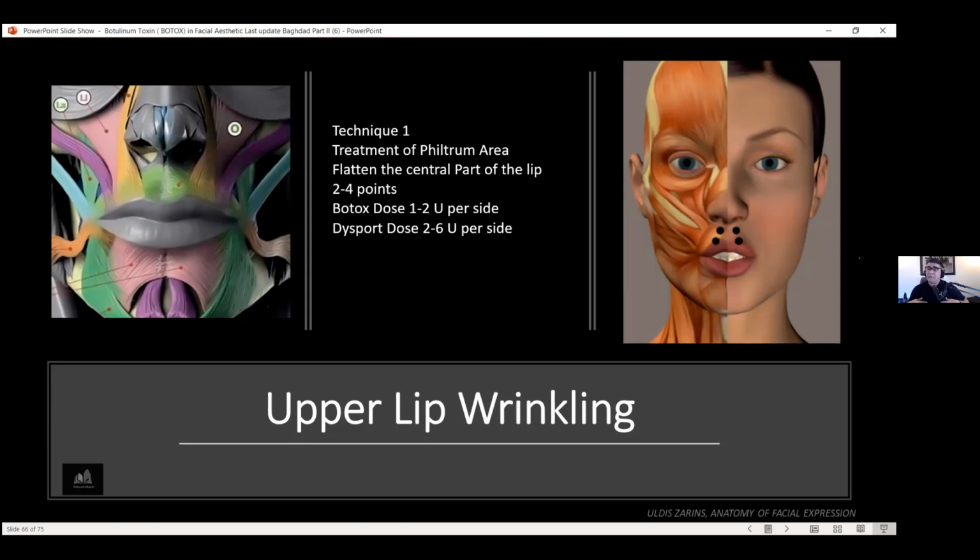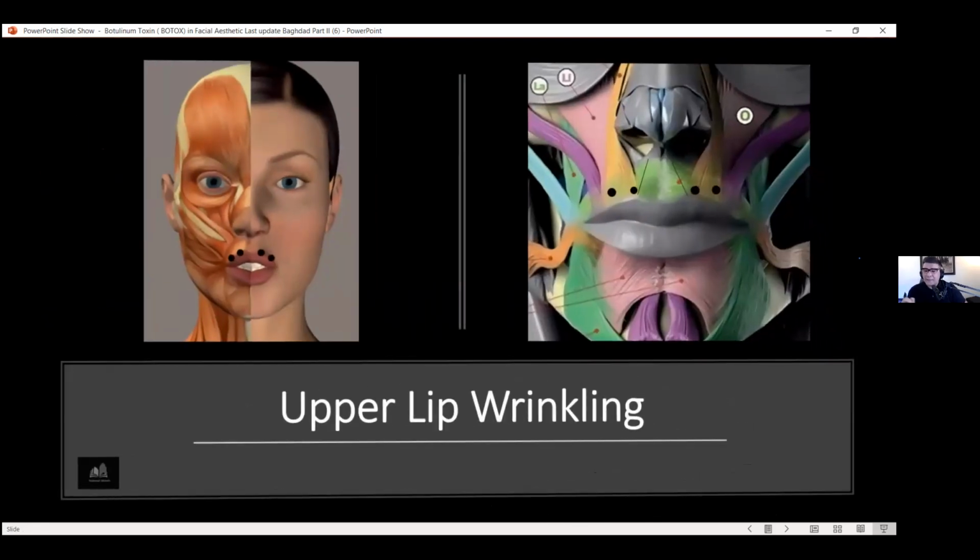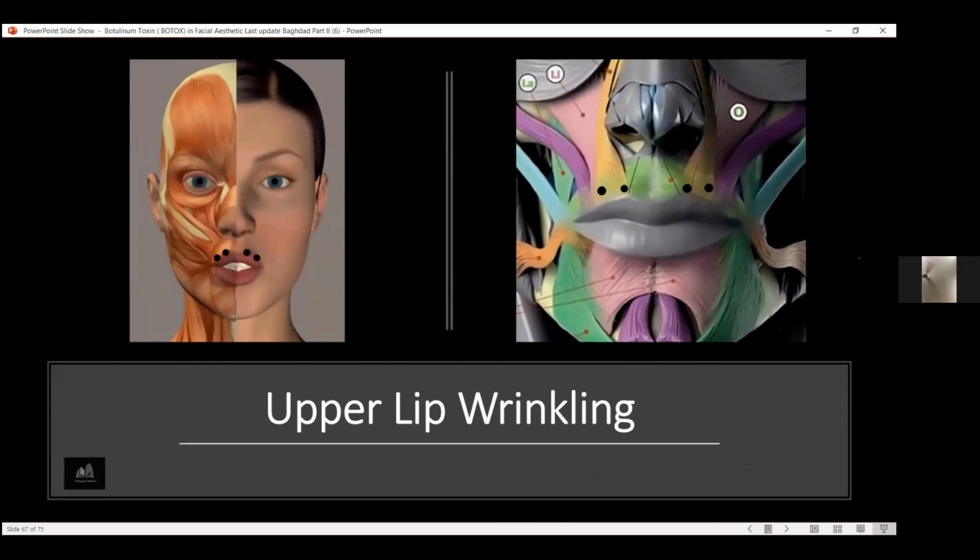If I'm a beginner, I don't like to get a severe result, which is a severe complication, or dissatisfy my patient. However, very low dose, very low volume at the philtrum or median line of the upper lip wrinkles. If I'm going to treat the lateral side of the upper lip wrinkles, I'm going to save the philtrum,